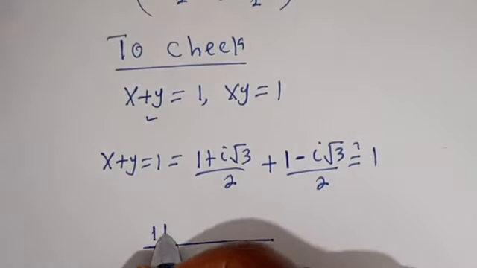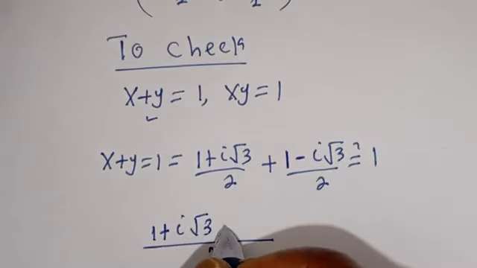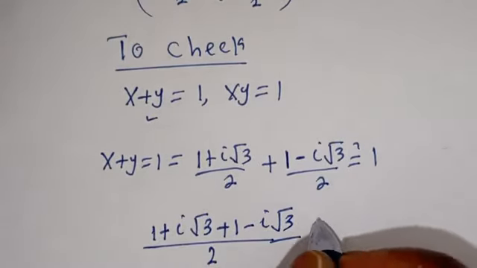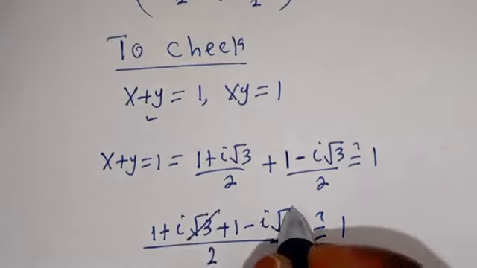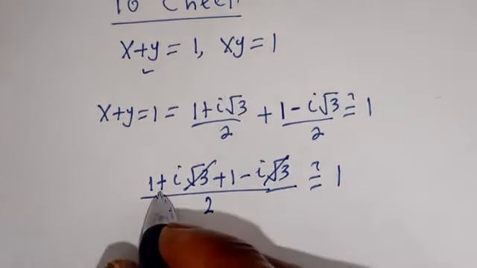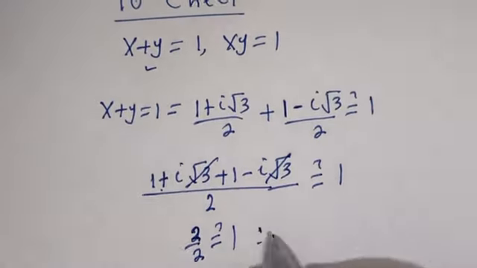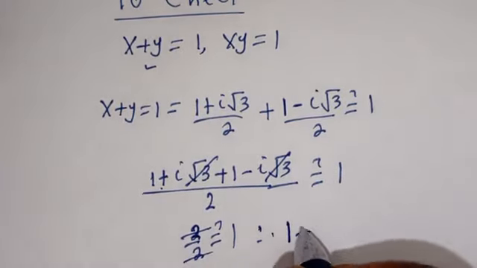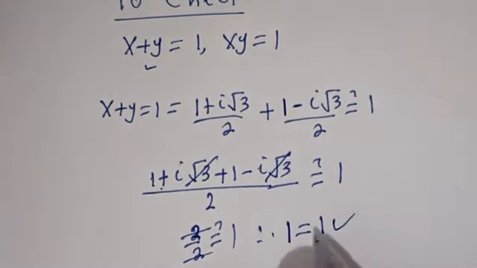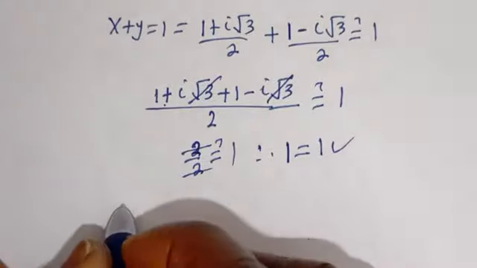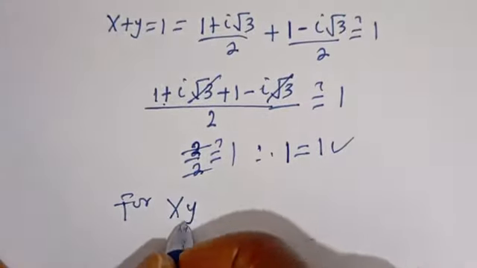Then here will be 1 plus i root 3 plus 1 minus i root 3 must be equal to 1. This will cancel this. Now we have 1 plus 1, that is 2, divided by 2 must be equal to 1. Then, therefore, this will cancel this. 1 is equal to 1, which is true. And let's consider the product too. Then for xy is equal to 1,